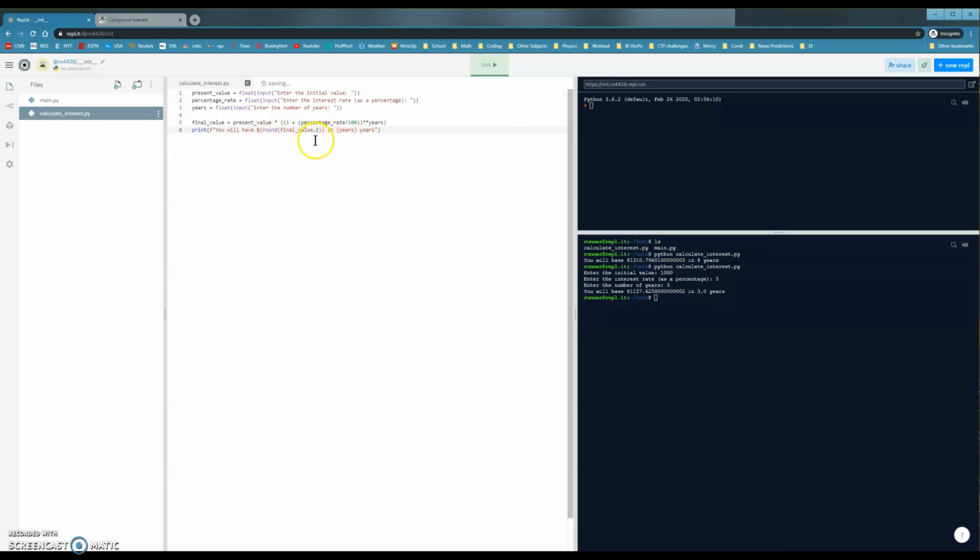So we don't need to go into a lot of detail about how the round function works right now, but all you need to know is you can put your value in, which is our final value, put the number of decimal spots you want, which is 2, and the name of the function is round. And if we go ahead and run this again,